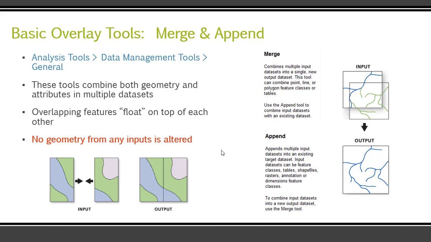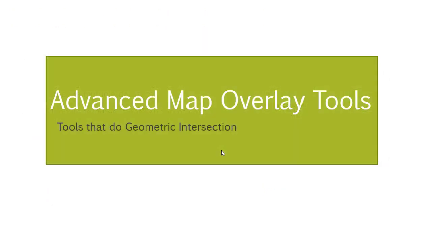So those two data sets, I'm going to assume that you have some familiarity with. We will use merge in our exercise just so that we have a really hands-on example of the difference between merge and those geometric intersection tools. All right, that said, we are going to move on to our advanced map overlay tools,